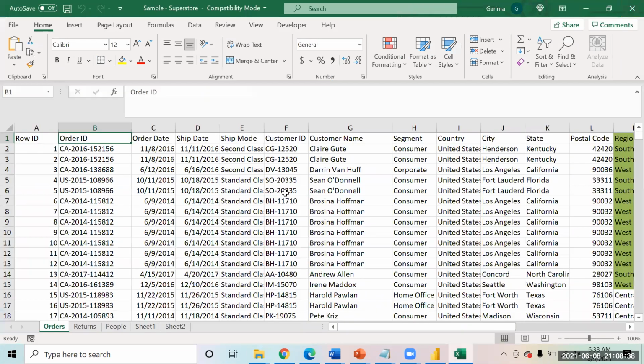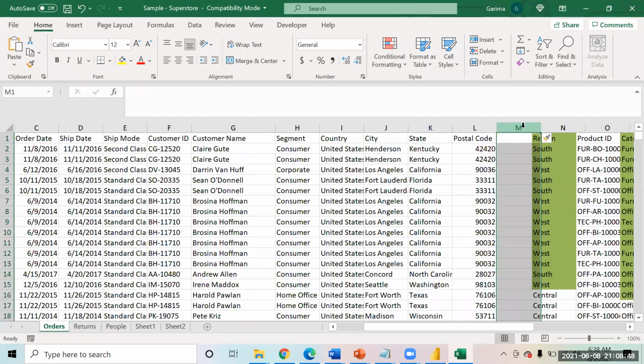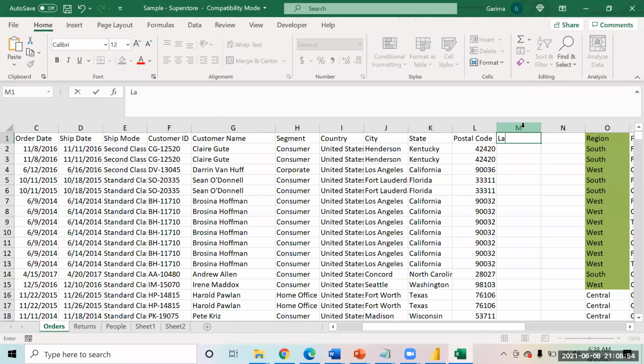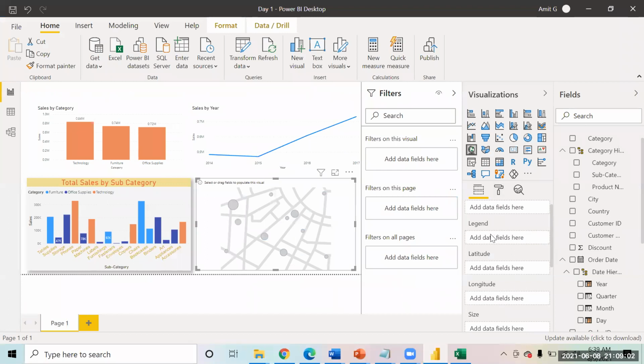Country, state, and city. Sometimes it can happen that clients might not give you the country, state, and city; they will give you the lat-long. They will say, okay, we have the lat-long information. If you have lat-long and you don't have the location names, you can drag the latitudes over here and longitudes over here.